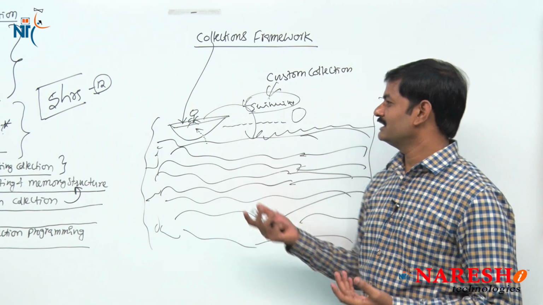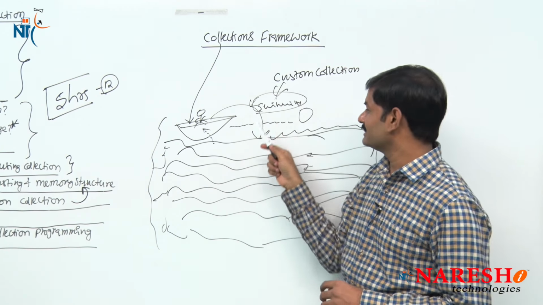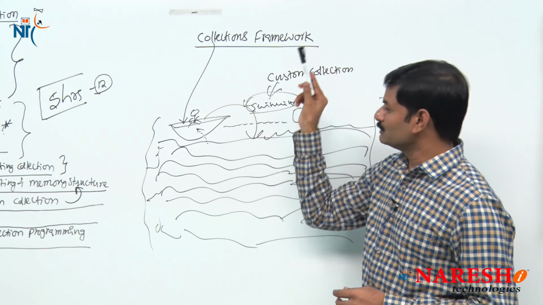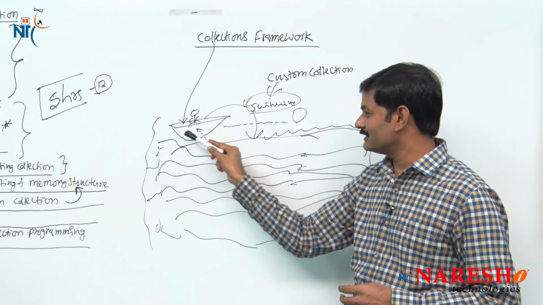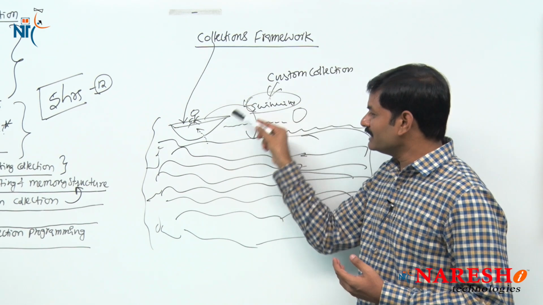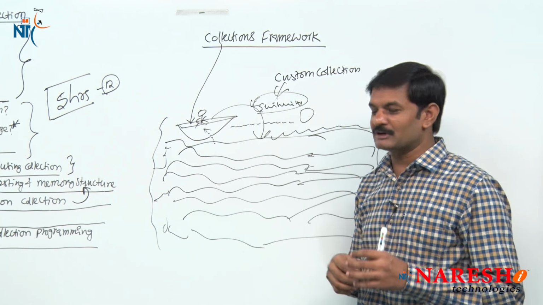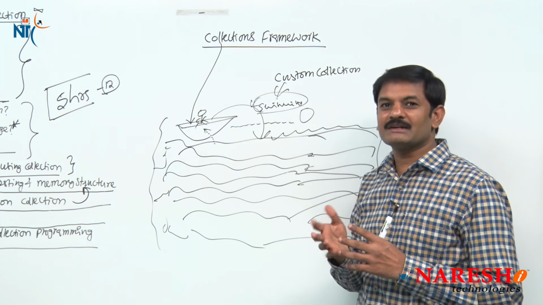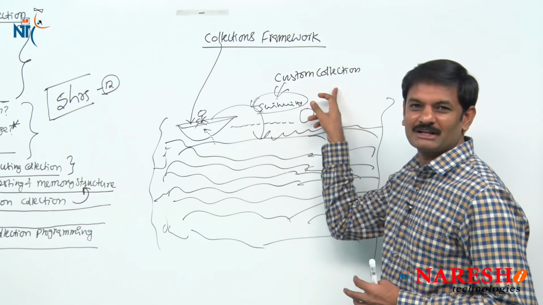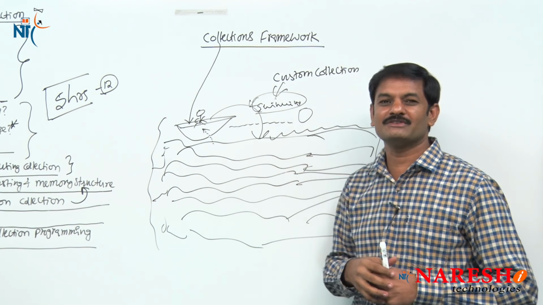So in this example, this boat or ship is nothing but the collections framework, and this swimming is nothing but what? Custom collection. So now you learn the collections framework to travel safely and happily, and learn custom collection development, so that if you get any problem while developing a project, if the client's requirement cannot be met because the collections framework internal code is not sufficient, you can add some more new code by using custom collection. That is when the problem comes, you jump into the water, start swimming and save your life.